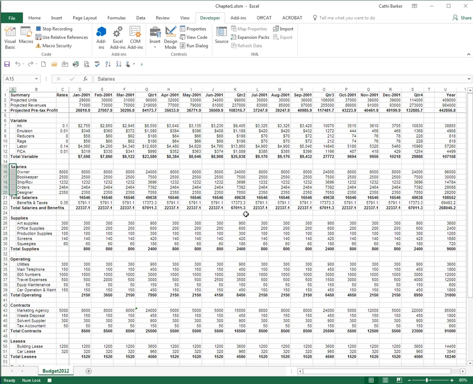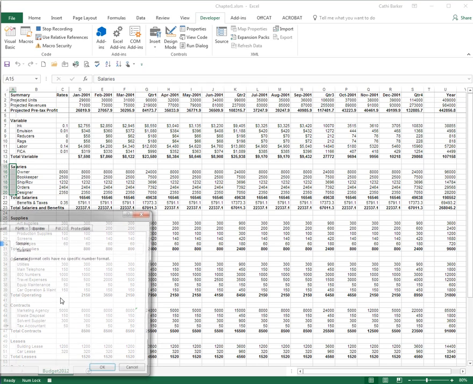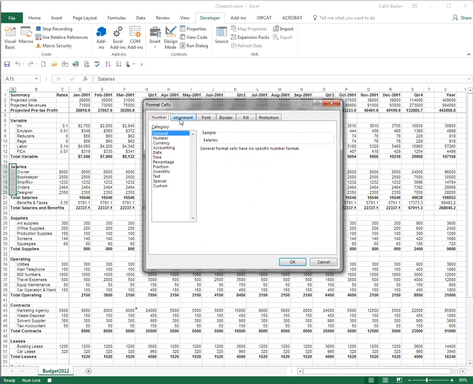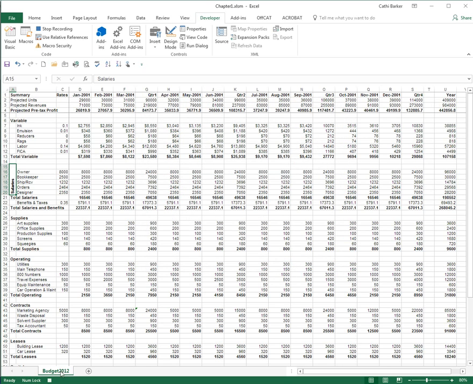What I'd like to record doing now is to right-click this group of cells and go Format Cells. I'd like to go to Alignment and I'd like to rotate the text 90 degrees. So I could type 90 in here, or I could drag this diamond up 90 degrees. So I want to rotate the text up 90 degrees and I want to merge the cells. Notice I'm not interacting with any other setting except those two settings, and that's important when we look at the code. So when I click OK, and then I go Stop Recording with this little square down below here,